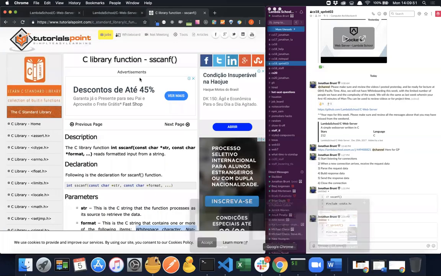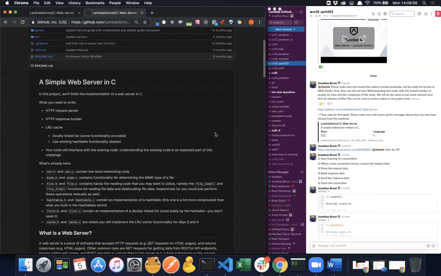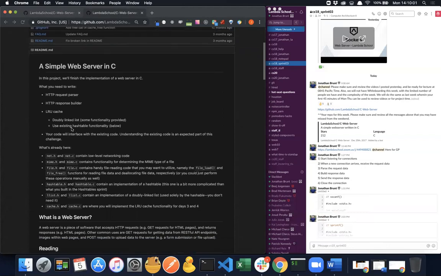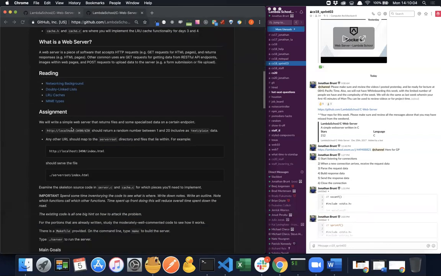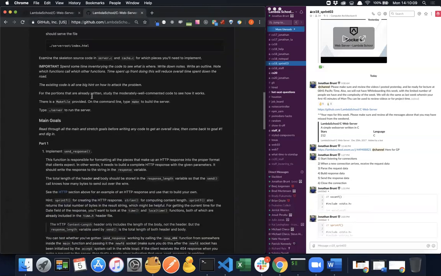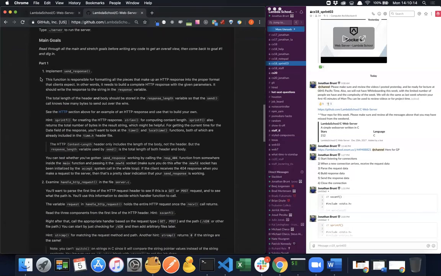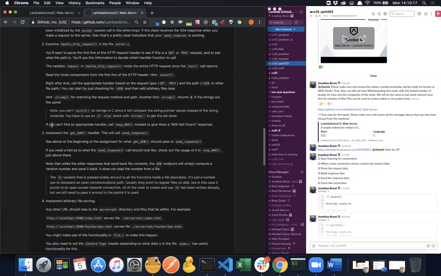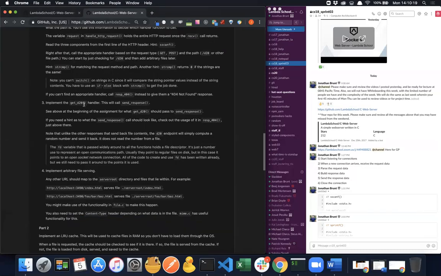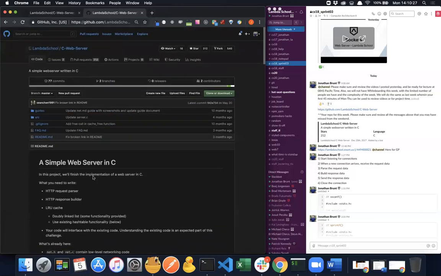So if we go back, get out of this, and we look here. You need to read through all this if you haven't already. Like I said, there's a lot of good links here if you're interested. This describes the main goal of your assignment, and here you need to work with part 1, part 2, and then part 3. And that should be the goal for today. The main files that you need to be looking at,